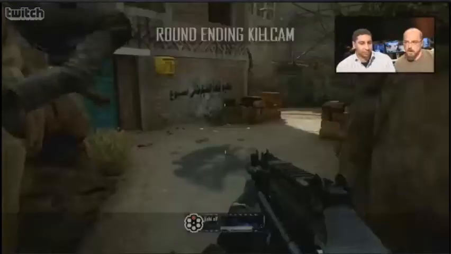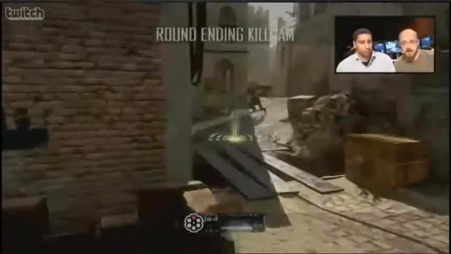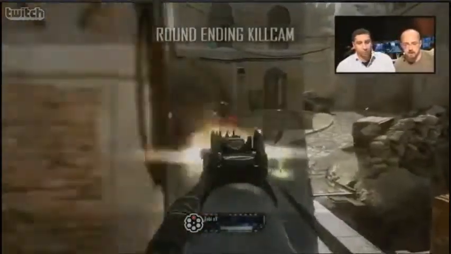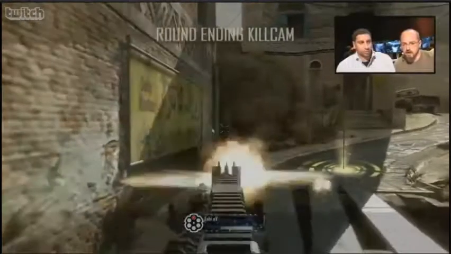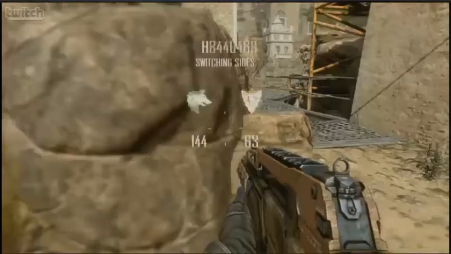All right, this next round's going to start immediately, guys. We're going to go right over into the next round of this game. Right after this round in the kill cam, we'll spin over. The guys will flip the spawns, as we say, and then we'll start right again. All right, so here